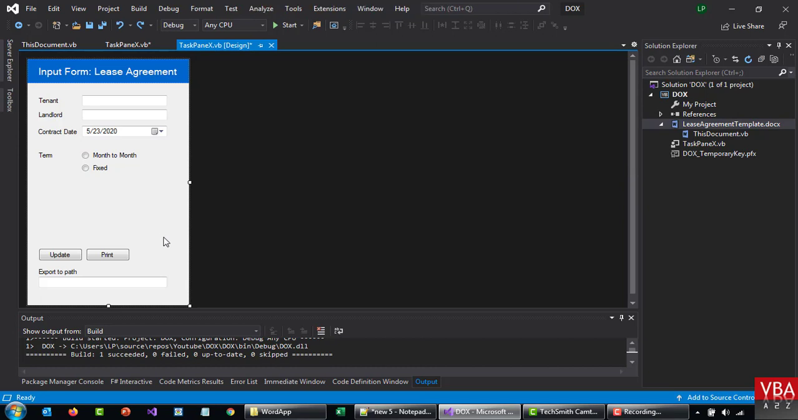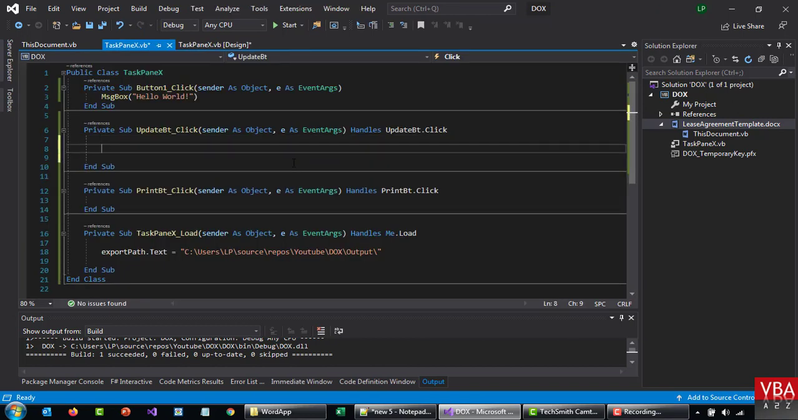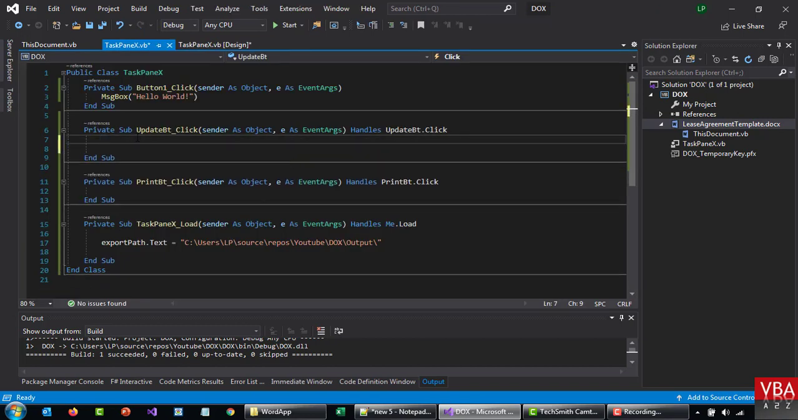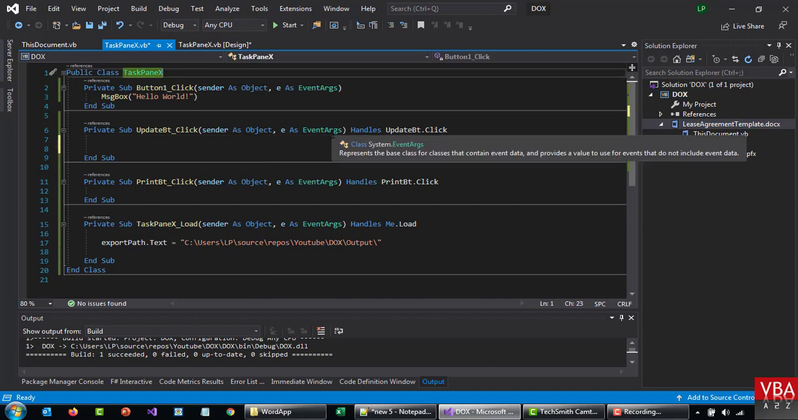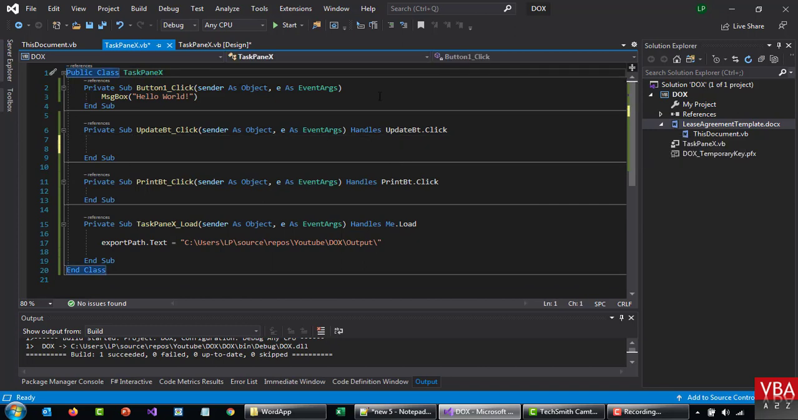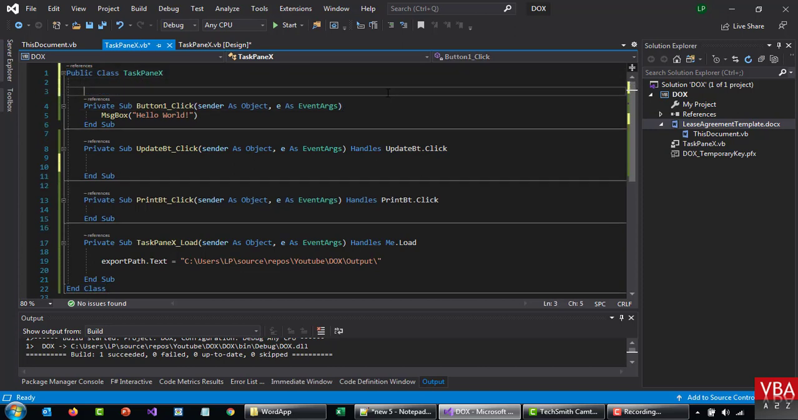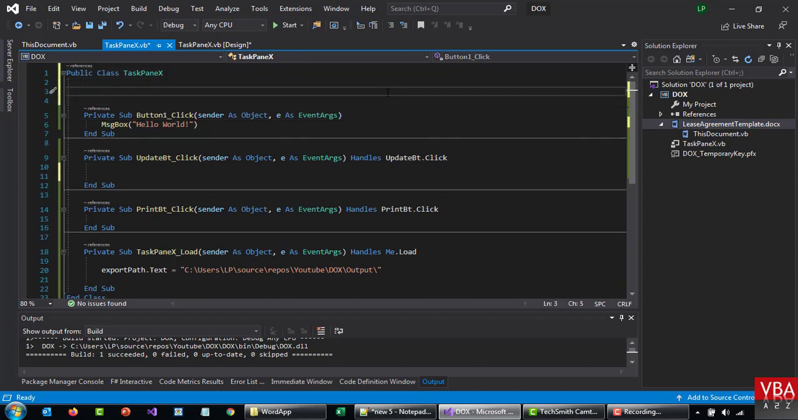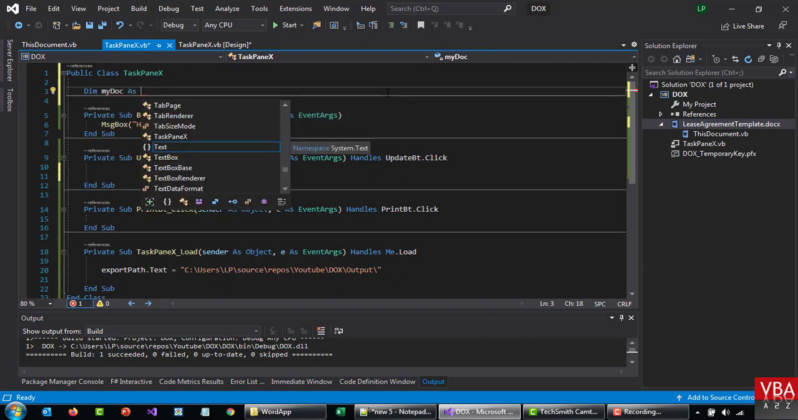Okay, so that's pretty much all from the design from the UI side. Now let's write some code so that based on the user's input it will update the document. I'm going to double click on this button here. We can declare the document object once and reuse it, so go to the top here and let's declare my document